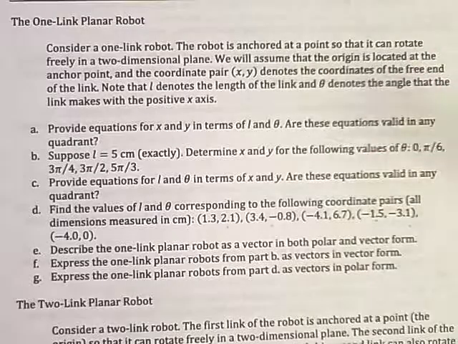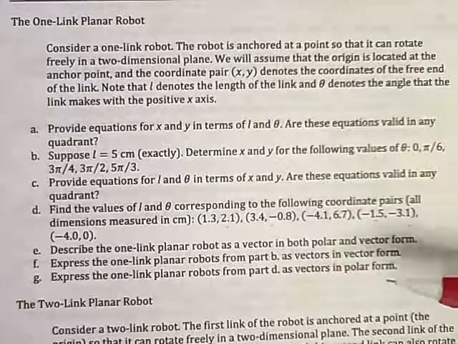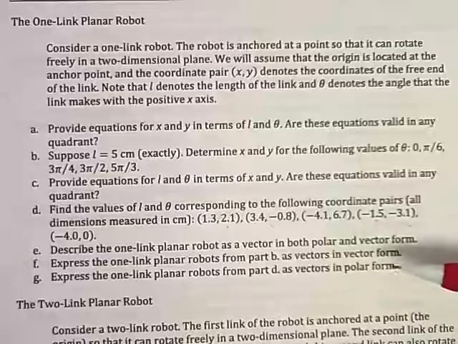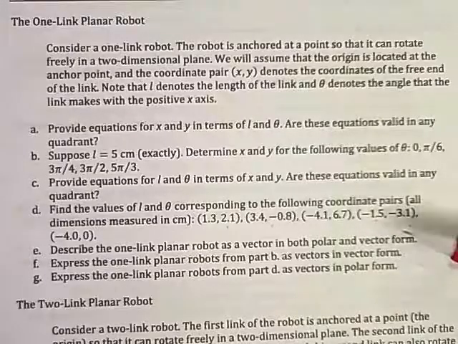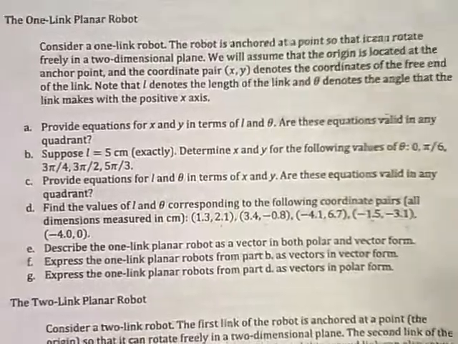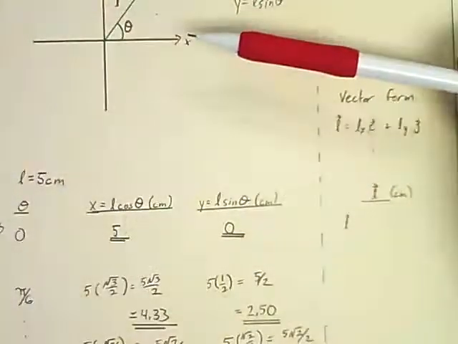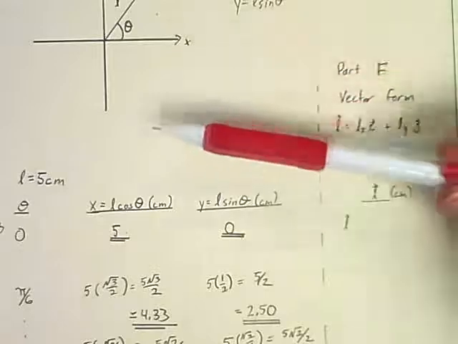One link planar robot, part F. So we've worked down through there, and now it wants us to express the one link planar robots from part B as vectors in vector form. And so if we jump back to part B, remember part B, it gave us that L